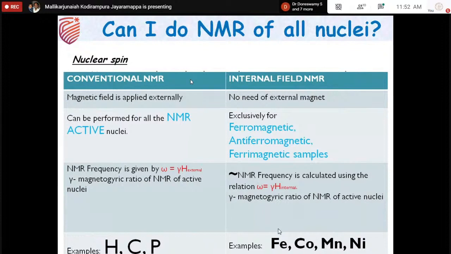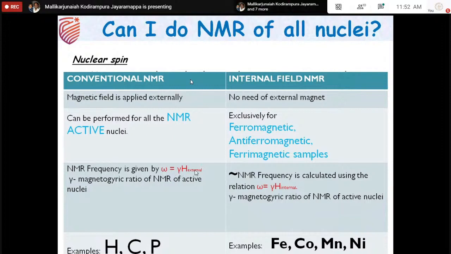What do you mean by unconventional NMR? Let us first learn what conventional NMR is, where we apply an external magnetic field to the system and we can perform NMR for all NMR active nuclei, and the corresponding mathematical notation of the NMR frequency is